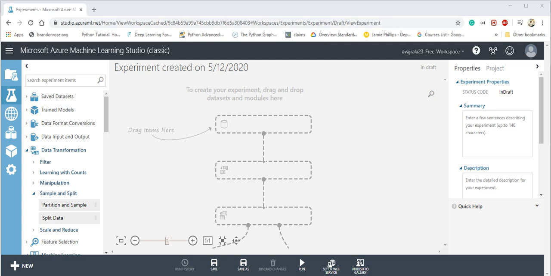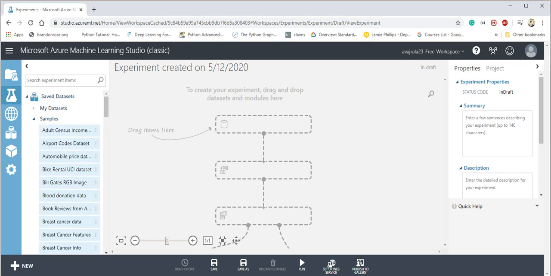Hi everyone, today I would like to show how to train, test, score and evaluate machine learning models on Azure ML Studio. We have different data sets, so I would like to take one data set and perform my machine learning modeling technique, and then I make predictions, and then I will check how well the model is performing on the test data. So coming to the data set, we will take a binary classification data set.